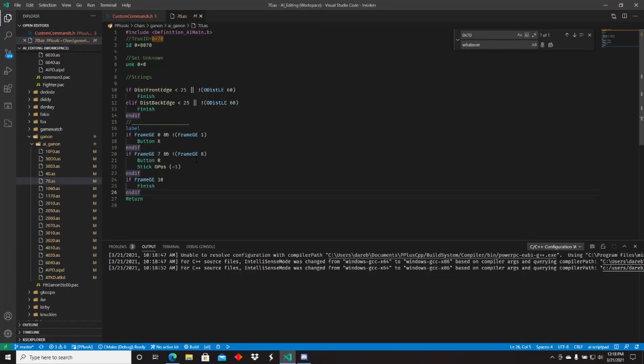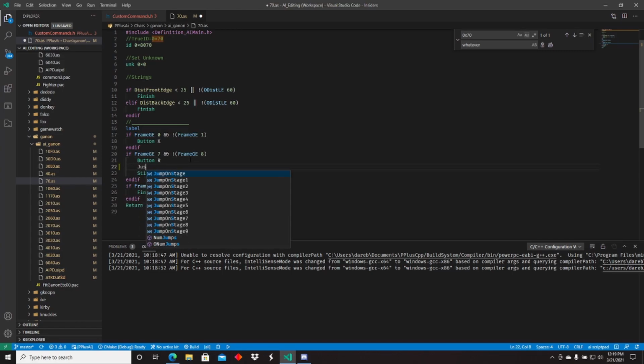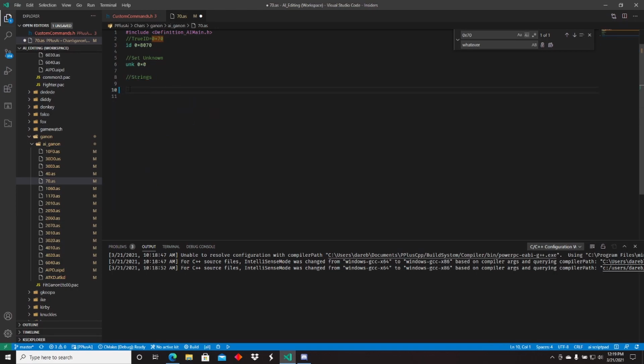So there are various things that we can do here with the buttons. Instead of doing one button at a time, we can say button R plus A for shield plus attack, which gives you the grab input. What else can we do? Yes, there are jumps. And there are seeks. As well as, of course, the return and finish commands. So if I were to get rid of this, if I wanted to create my own roll function,